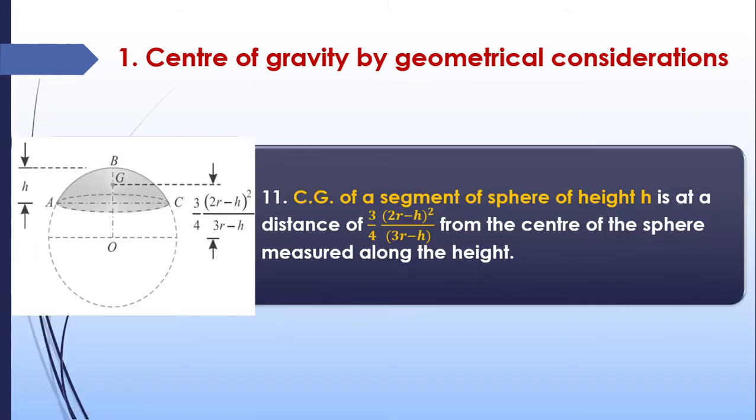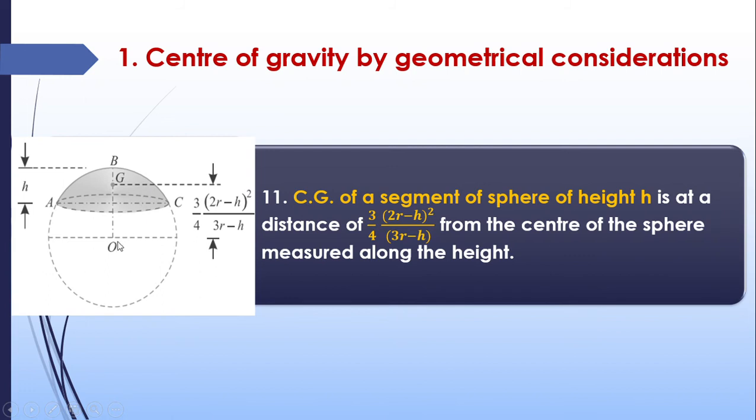And finally, the segment of a sphere. Earlier we discussed the segment of a circle; here we are taking a segment of a sphere. A sphere is 2-dimensional, a circle is 1-dimensional, so in the case of a sphere, it is 3-dimensional. So a segment of a sphere, its center of gravity is at a